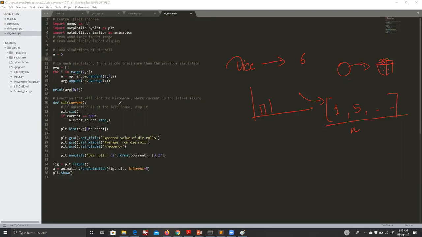So what we are doing is taking a list, if you can see here. Now for i in range 2 to n, at a minimum, because we are taking an average, we will be using at the start a minimum of two dice. And we will keep increasing the number of dice. Then we are using np.random.randint from 1 to 7, of course 7 is excluded, for i in this range of 2 to n, including 2 excluding n. And whatever happens, we take the average and keep appending to a list called average.